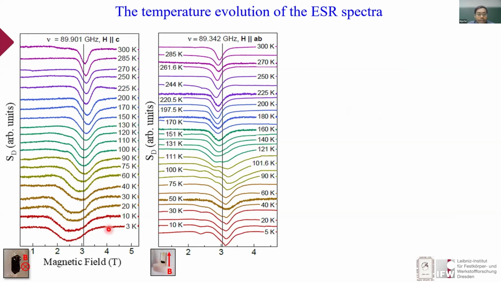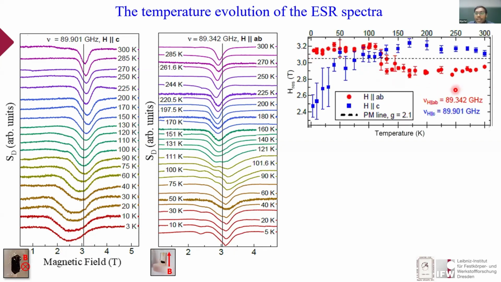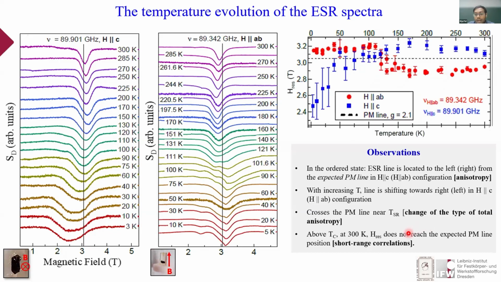So if we extract the resonance fields, then we can see that the temperature dependence shows that there is a crossover of the expected paramagnetic line. That means near this 110 Kelvin, that is the spin orientation transition, there is a change of the type of anisotropy in both cases. And also near this 300 Kelvin, we can see that the resonance line does not reach the paramagnetic line. We have seen that the ordering temperature is 270 Kelvin. So around 30 Kelvin above, we cannot see the